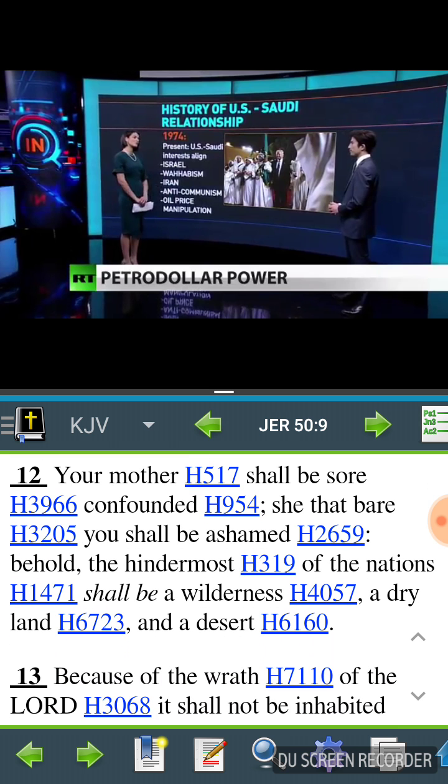Verse 12, it says, your mother shall be sore confounded. All right? What's that talking about? Who's the mother of America? Great Britain. It says, she that bear you shall be ashamed. So Great Britain is going to be ashamed, man. All right? The British is going to be ashamed, and they're going to turn their back on you, man. Even though they ally with you now, they're going to turn their backs on you, man. Britain, France, Germany, these particular allies of you that you got over there in Europe, they're going to turn their